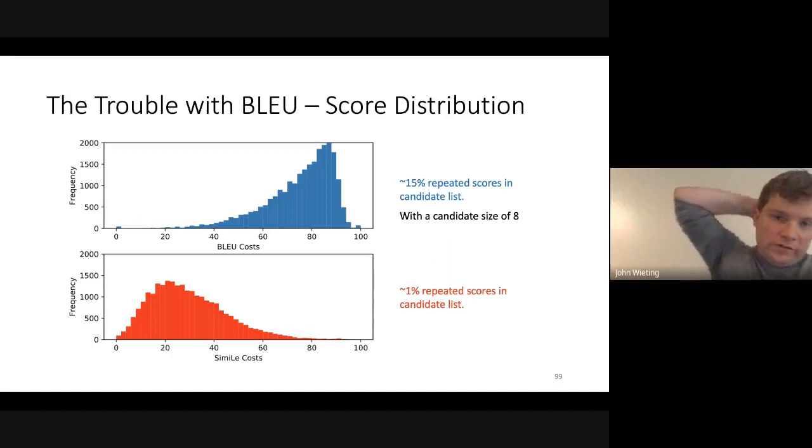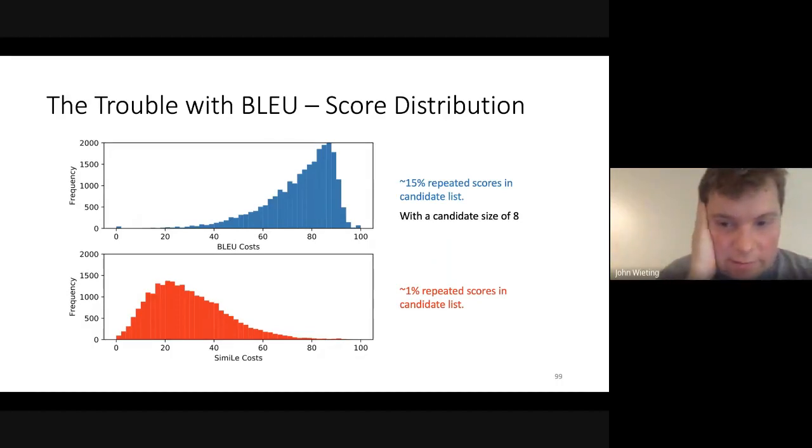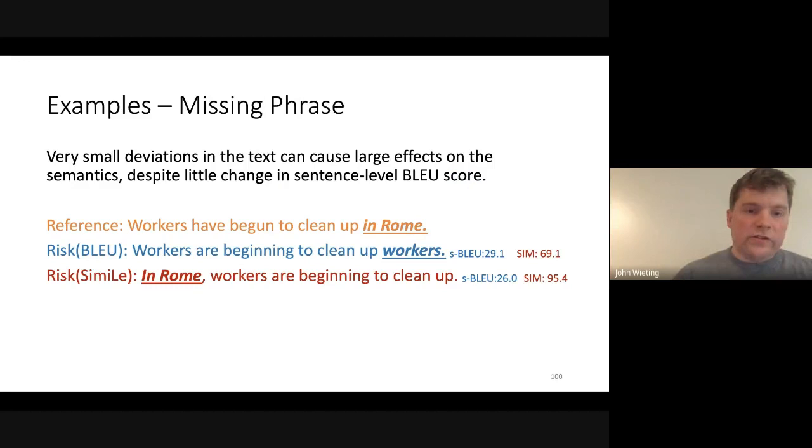And you get this histogram that's kind of steep. But if you use something like our metric, our post metric here, similarly, the repetition is very small. The curve is much flatter. And we hypothesize that it makes hill climbing easier. It basically gives you more information on how your hypothesis is different, and so it'll help in optimization.